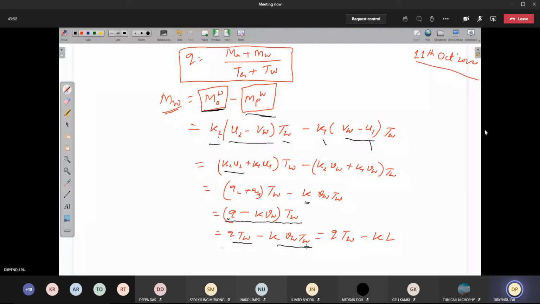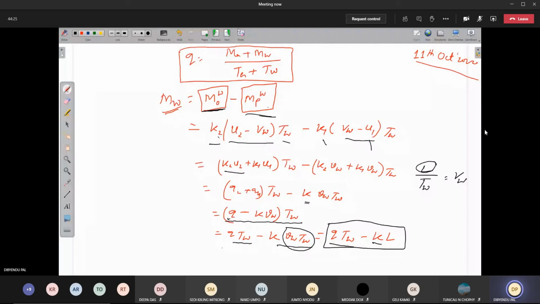So Q TW is written here. K is the density that I have written. What is BW into TW? Speed into time. This is nothing but distance, or otherwise what we can say, distance by time is the speed, right? So distance is nothing but equal to speed into time. So this also I can write here. So I have written this part also.